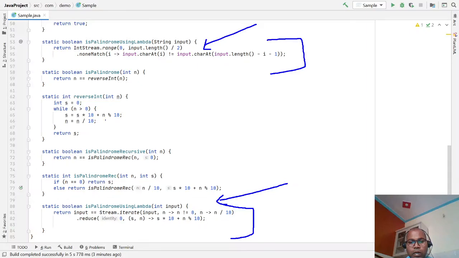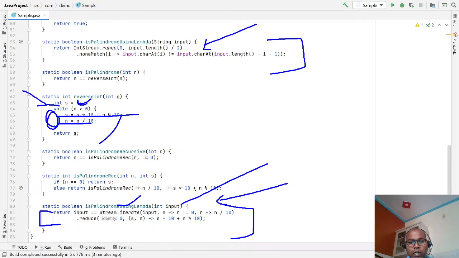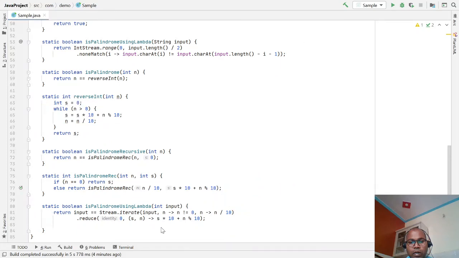But here you are mutating variables and changing global variables. If this loop modifies them and multiple threads work here, the output could be different. But when you write code in a functional programming style using a lambda expression, and you are not mutating any variables in the method, then your method is pure. And if your method is pure, you are able to use the same code in a multi-threading environment as well.